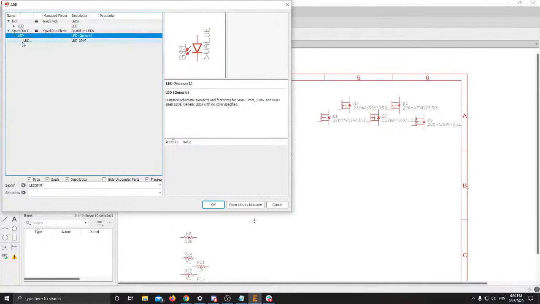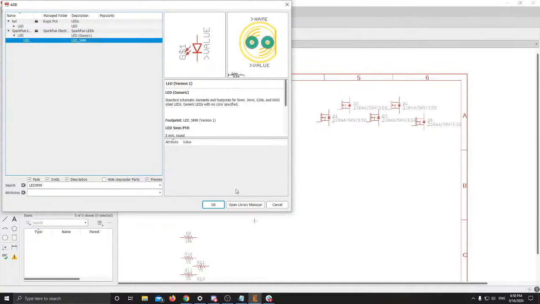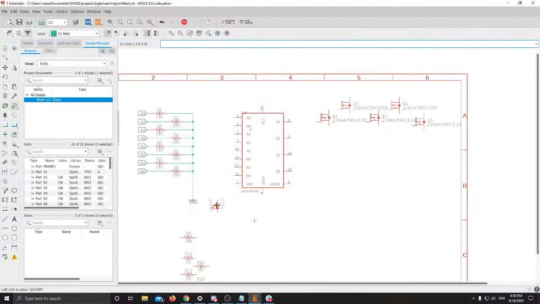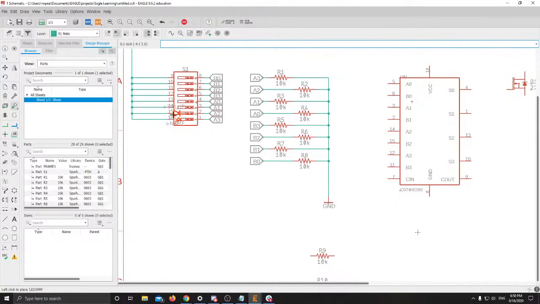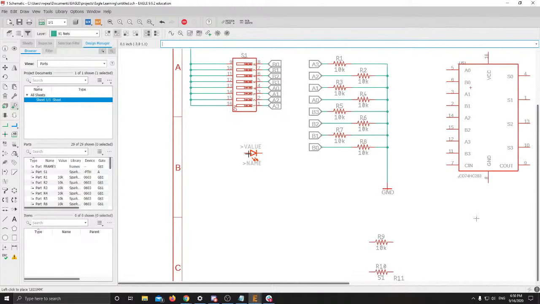So again, we're going to open this up. If you just try to select this, it won't have an actual footprint. You do need to pick this one so that when we go to make the board, it works. All right, so again, I want 8 over here. And once again, it's right click to rotate a part. So I'm going to go ahead and add 8 of these just right below here. 1, 2,